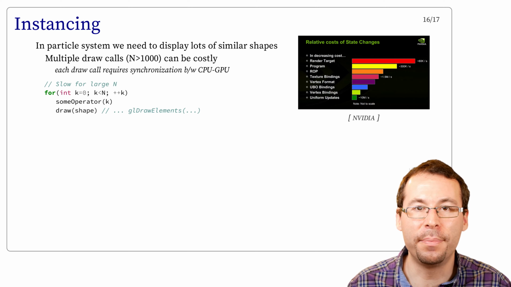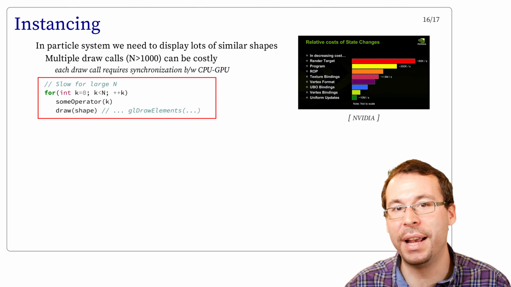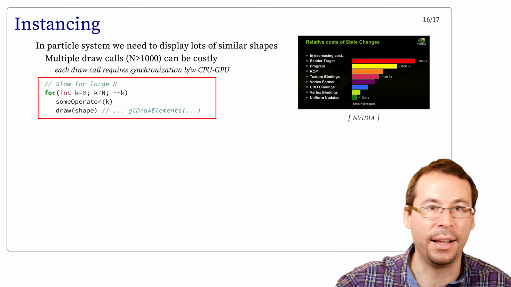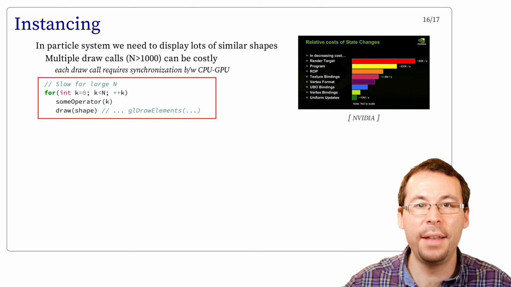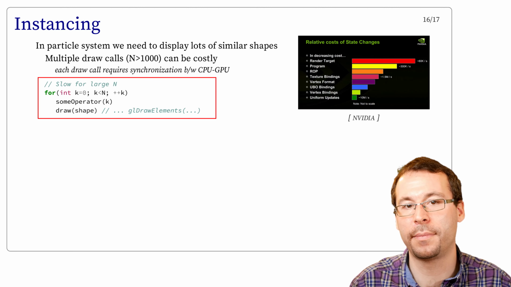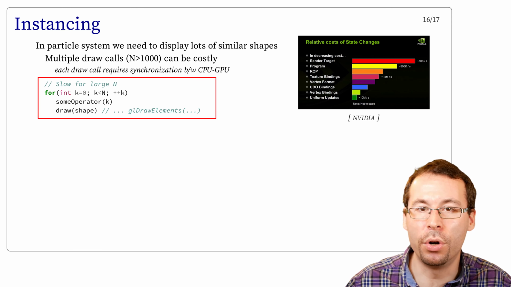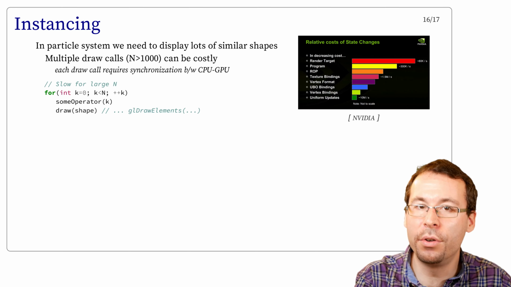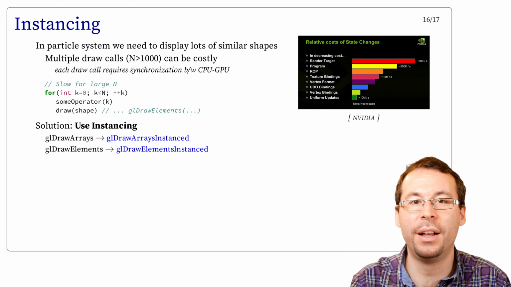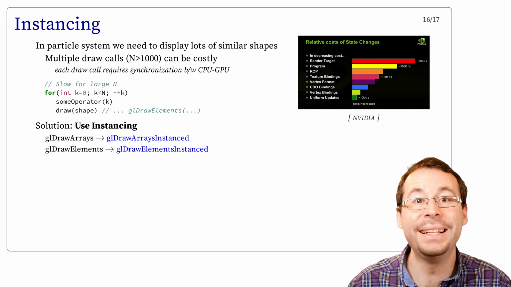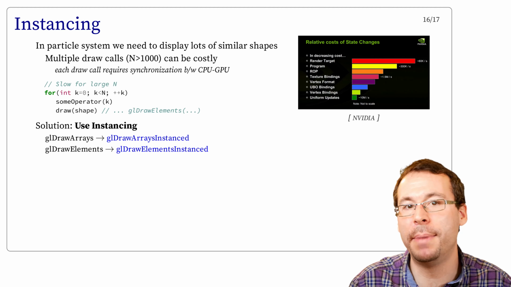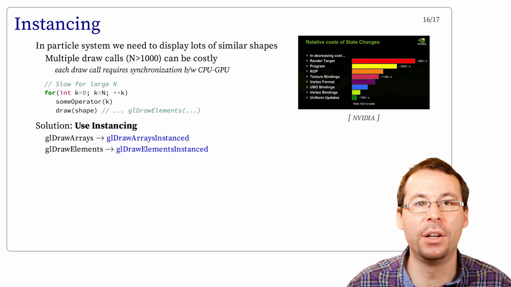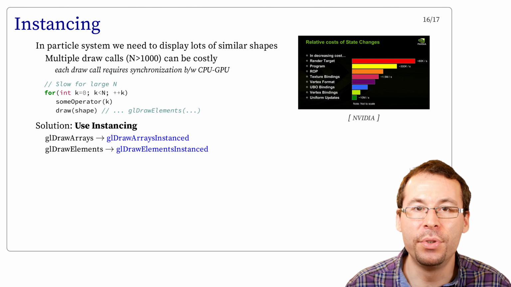This case is shown by the typical loop where we iterate over all the particles, apply some operation for the given index k, like set the position for instance, and then call the drawing of the particle. In this case, we have as many draw calls as particles. A solution to avoid having too many draw calls while keeping a large number of particles is to use instancing. Instancing simply means that OpenGL will make the GPU draw many times the same object using a single call. Its basic use is very simple.